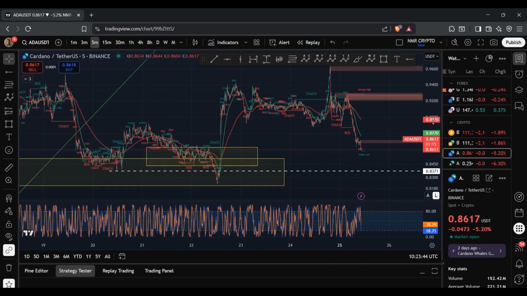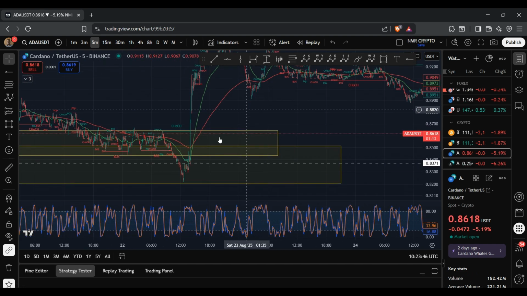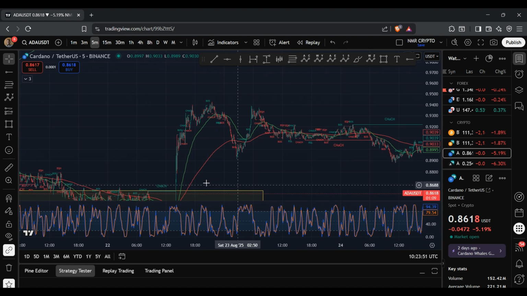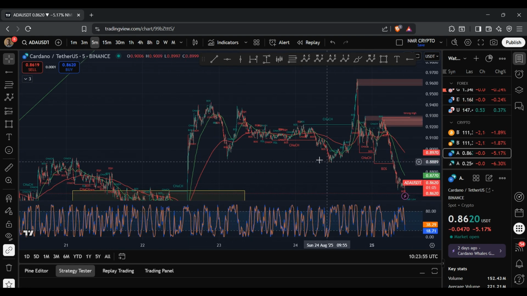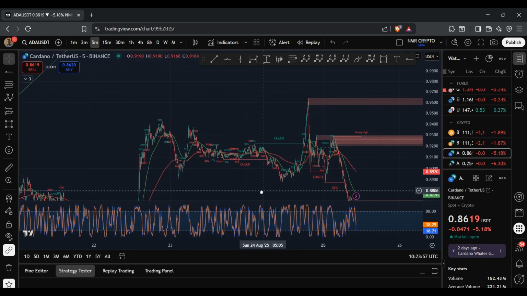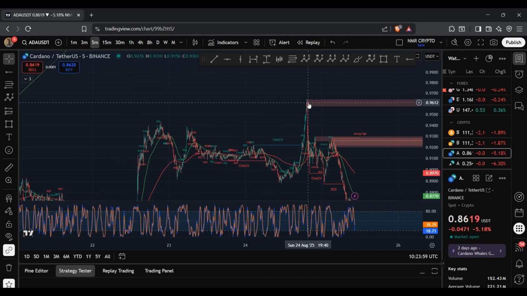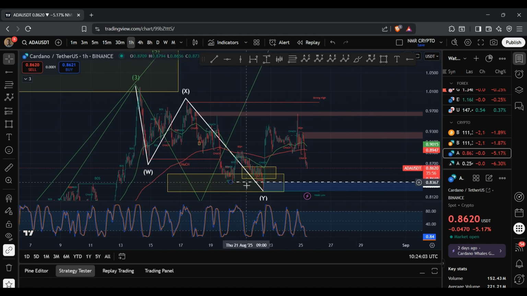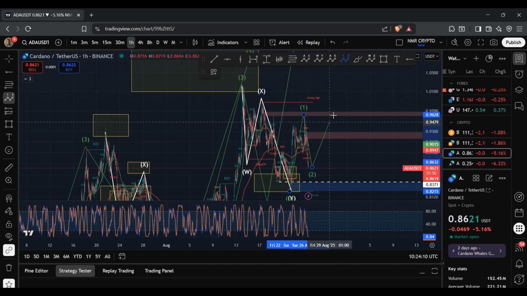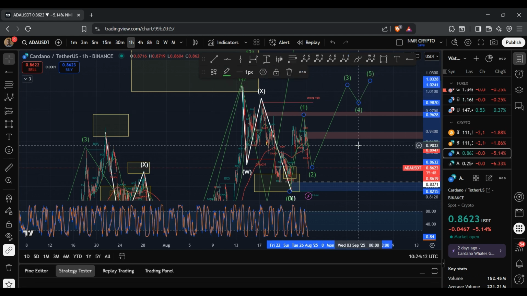so what you can see is we had a short wave 1 that played out over here, and a short wave 2 that played out, and then we had a really explosive wave 3 that played out, followed by a wave 4 made up of a WXY structure, and then we had that fifth wave move to the upside to complete the wave 1. So again, if I go back to the hourly chart, what I'm looking for is for this move here to be the wave 1, and it looks like we're now within the wave 2, and then shortly after we then see the wave 3, 4, and 5 play out